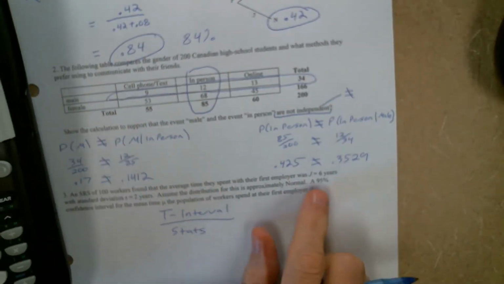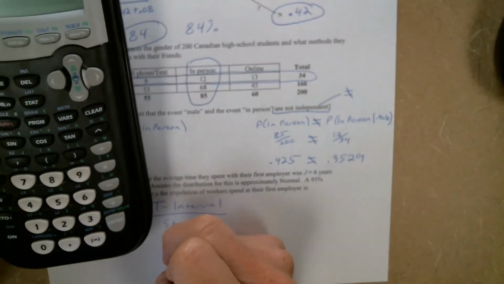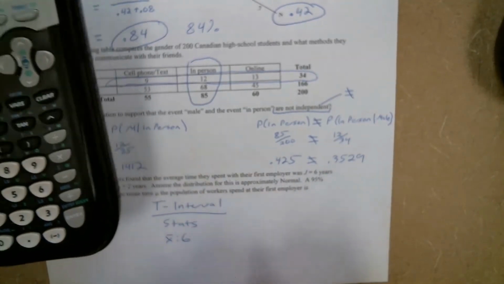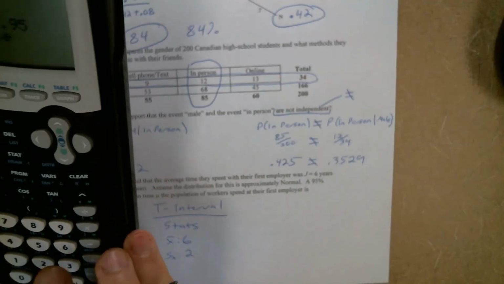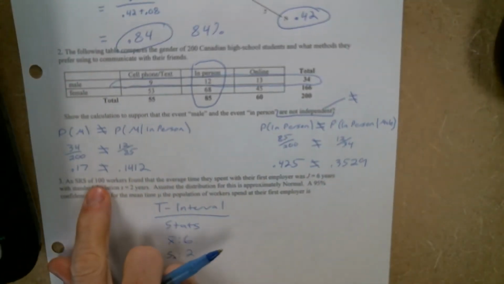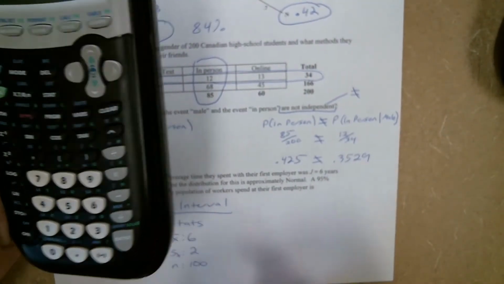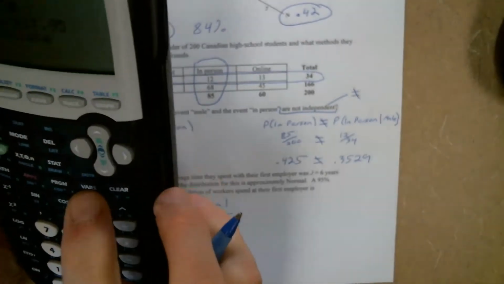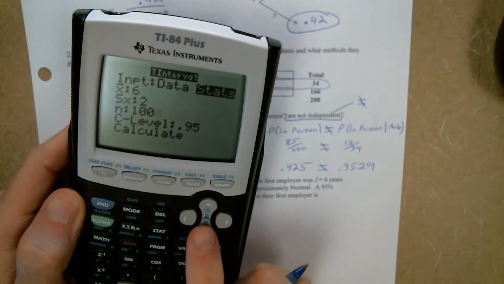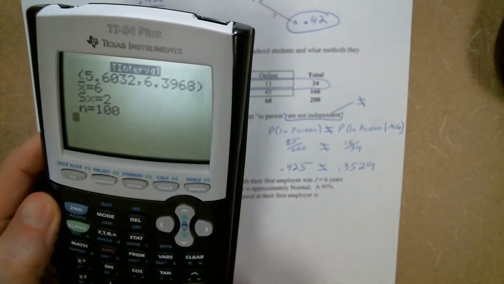All right. It tells us that the sample result was 6. So my X bar is going to go in as 6. It told us the sample standard deviation was 2 years. So I'll put that in as my S of X. And it told us that our sample size was 100. So that'll go in as my N. And then the confidence level is 0.95. All right. So once I have all of that in there, I can hit calculate, and it'll generate my interval,